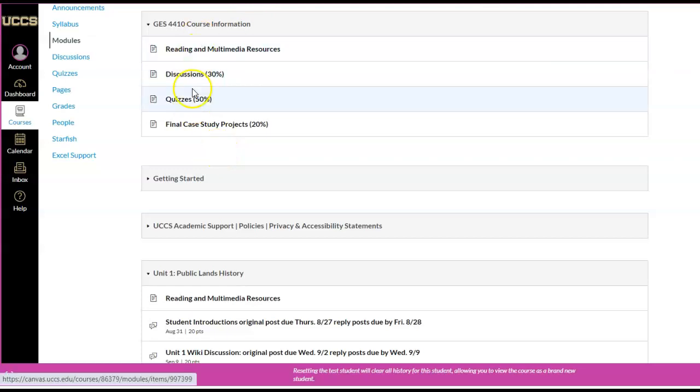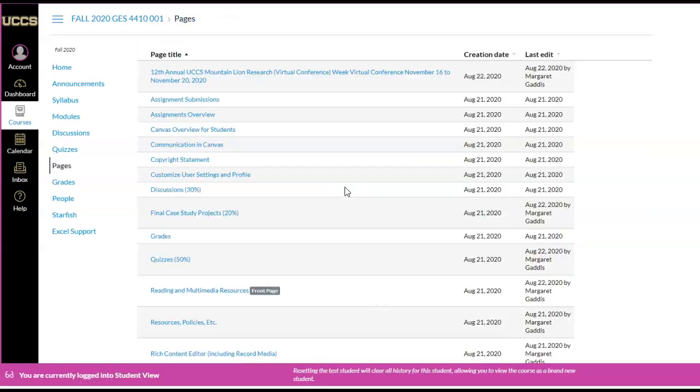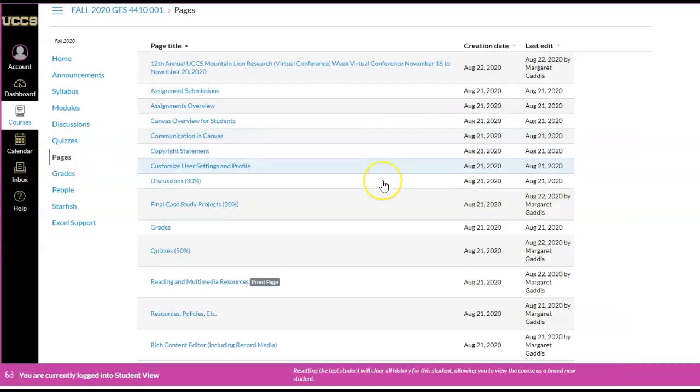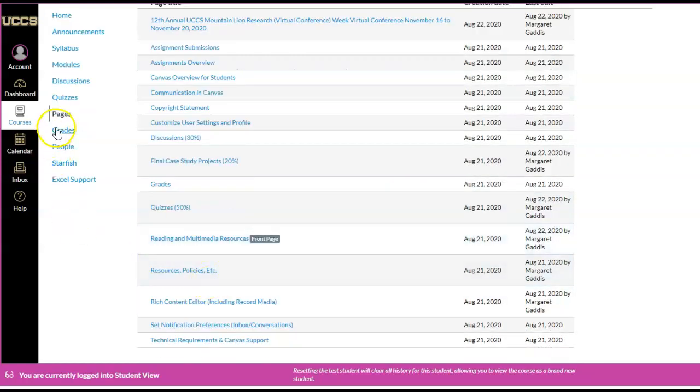So the first few tabs are Wiki Pages. They're kind of like that home page that I showed you that had your discussion references on it, your reading references on it. And if at any time you want to see all of the pages upon which the course is designed, you would just click Pages. And on any page you're on, there's that little View All Pages. And then you can see all these pages in here. Okay, so let's go back here.